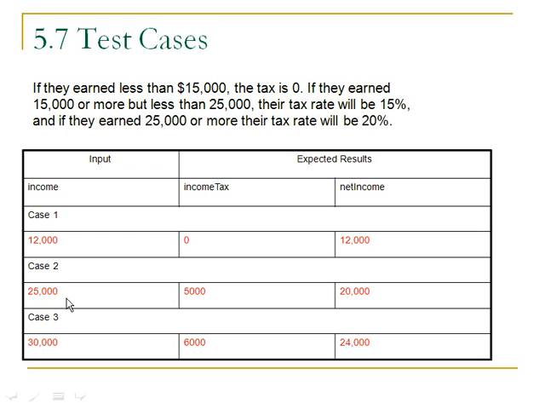If the income is 25,000, then we're in the mid-range, and we can calculate that the tax would be $5,000 and the net income would be $20,000. And in case 3, if they earn 25,000 or more, well, case 2 is also 25,000 or more. So is 5,000 20% of 25,000? Good. It's very useful to make your test cases fall on the boundaries